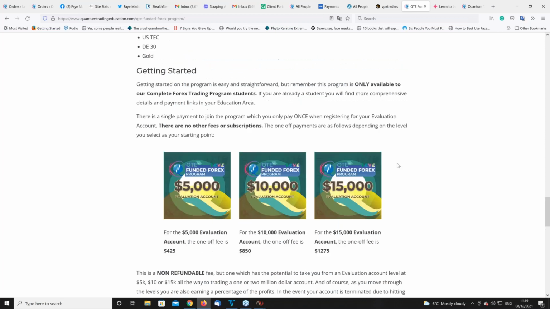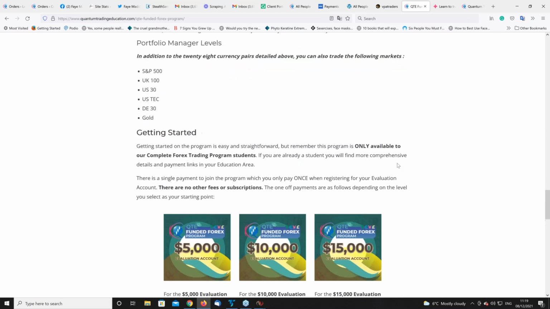Yes, there are risk and money management rules. You start off trading the 28 spot pairs. It's as simple as that. There are, of course, risk and money management rules, and there's a very simple profit target we put in place on each of the levels. Once you've achieved that profit target, we give you a 35% kickback on it on the level 1 on evaluation.